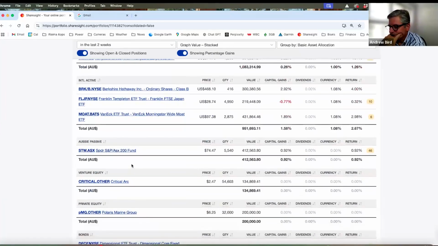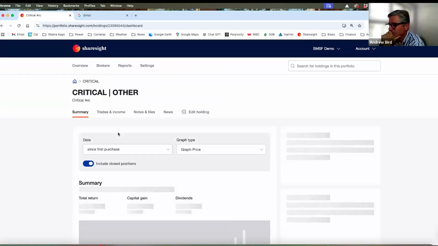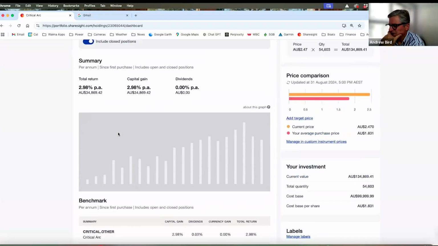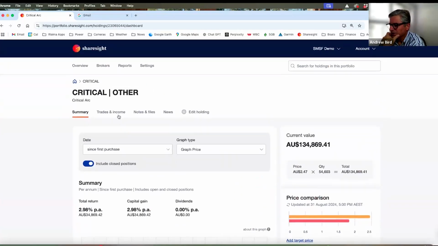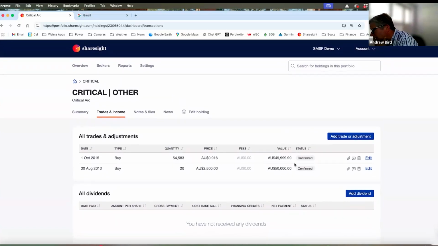So let's have a look at Critical Arc, which is a real company. I don't think this is the exact number of shares I own, but it's a company I've owned for quite a long time, nearly 10 years. I made a couple of investments and I,